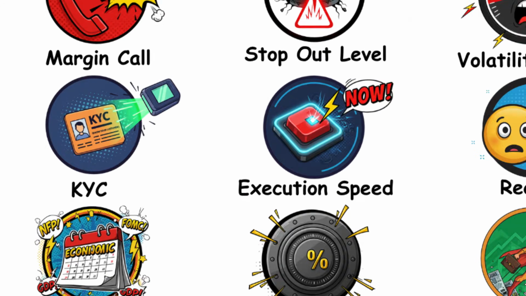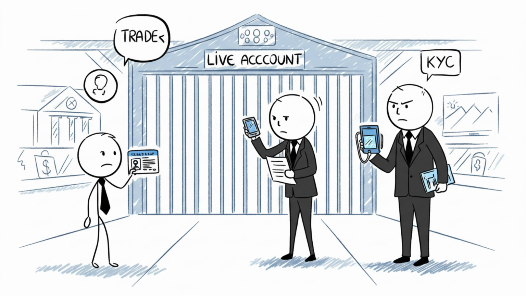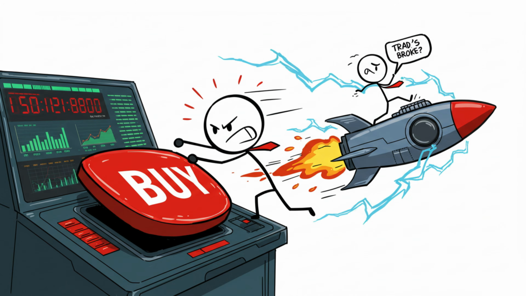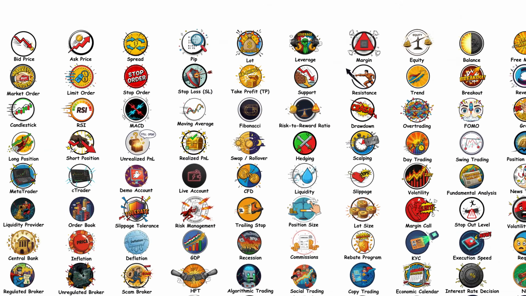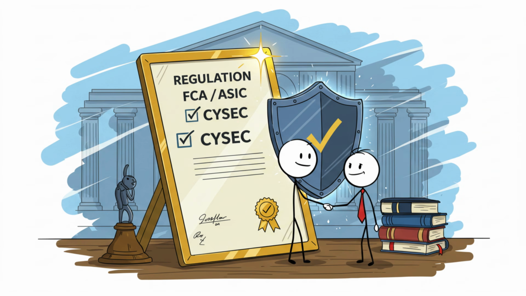Know your customer, verification process used by brokers to identify clients and comply with anti-money laundering rules. Execution speed, the time it takes for a trade to be executed after placing an order. Critical for scalpers. Requote, when your broker offers a new price instead of executing your trade at the requested price. Common in slow platforms. Regulated broker, a broker that is licensed and supervised by a financial authority like ASIC, FCA,